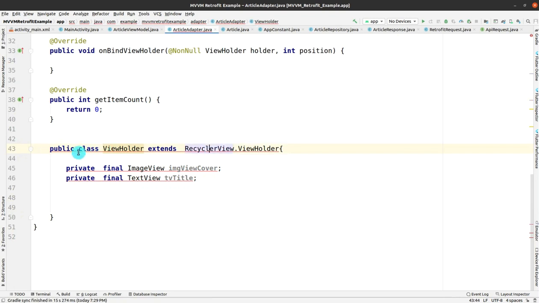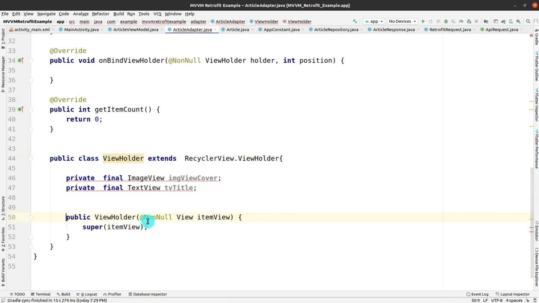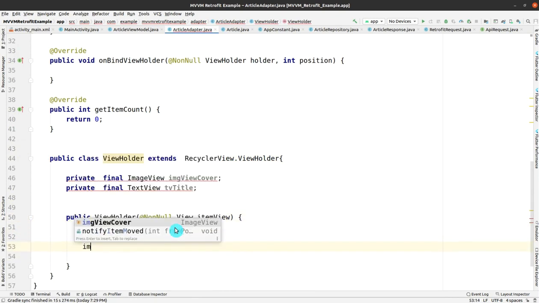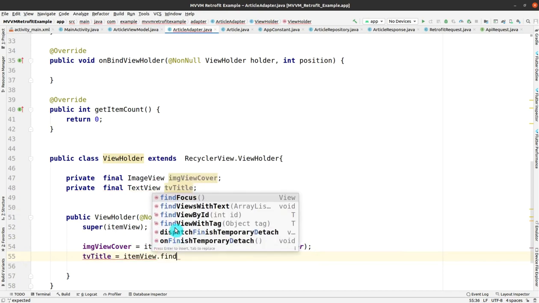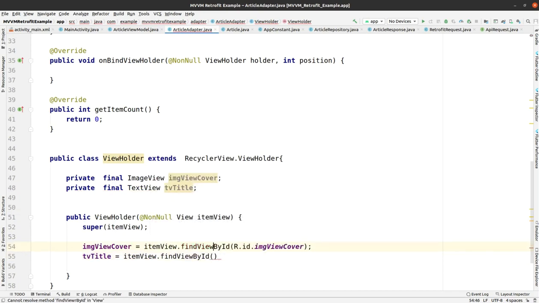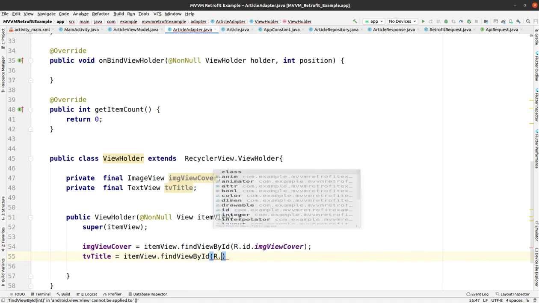just implement one method. Click on the red bulb and this method should be implemented, and within this method you just have to map them with the help of itemView.findViewById, again R.id, and here you have to give the id. The IDs you have given in the XML should be correctly given here. Okay, and do the same for the tb title: findViewById, R.id, and then